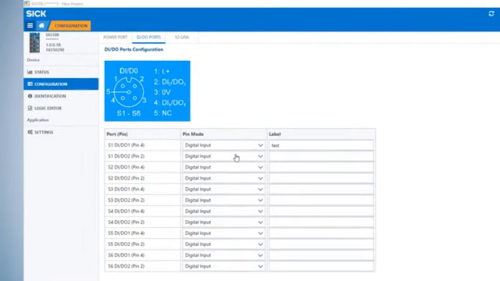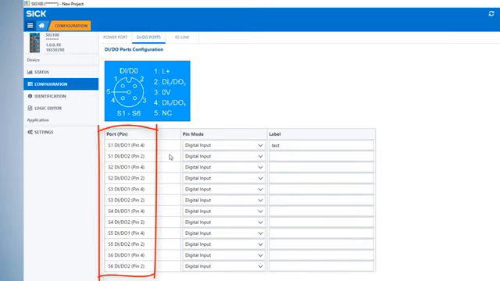The DIDO page allows the user to change pin 2 and pin 4 on each of the 6 M12 ports to either input or output. S1 through S6 refers to the ports, with S1 being the first or top port below the power connector and S6 being the port at the very bottom.